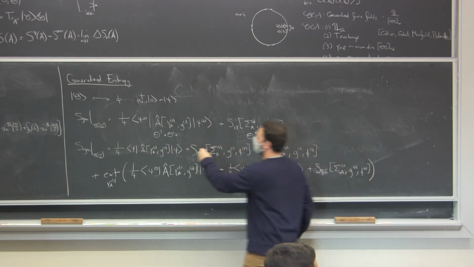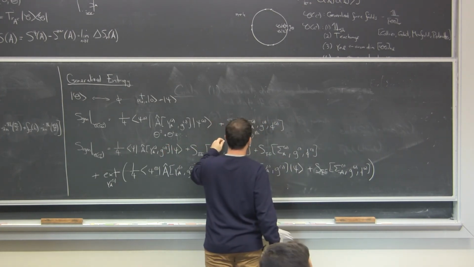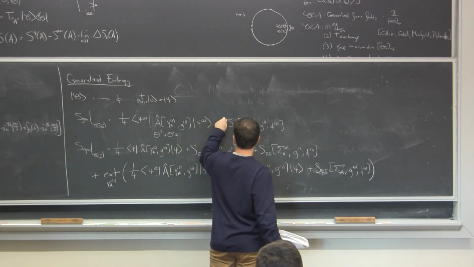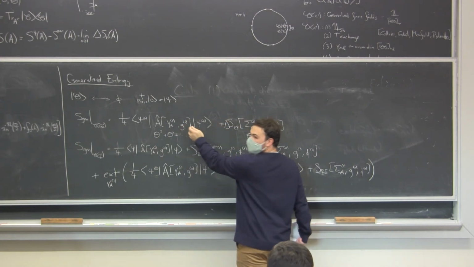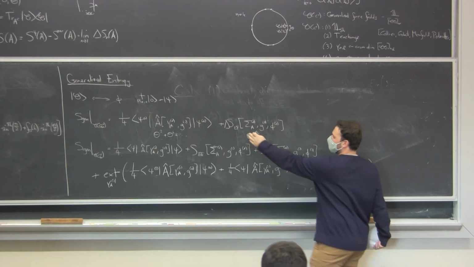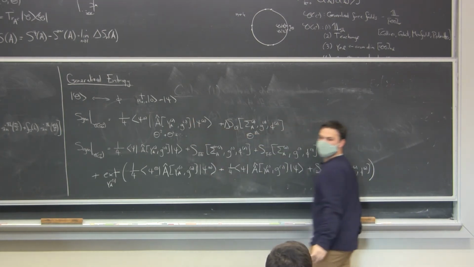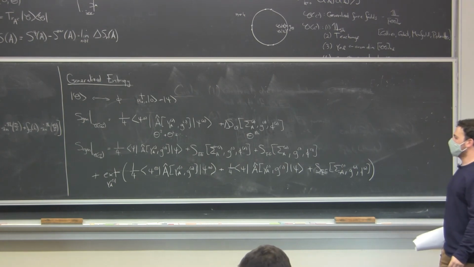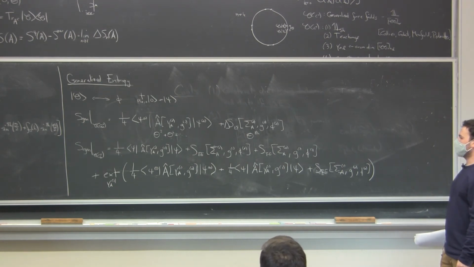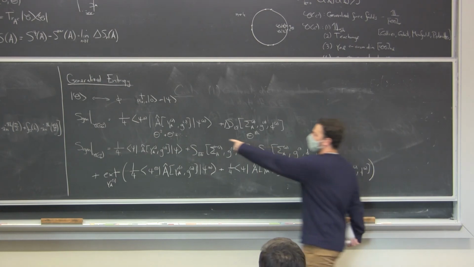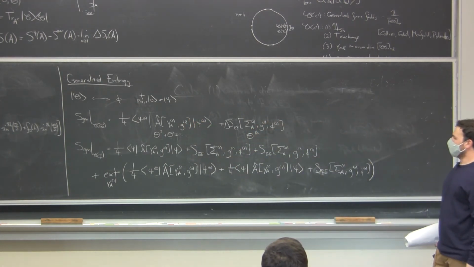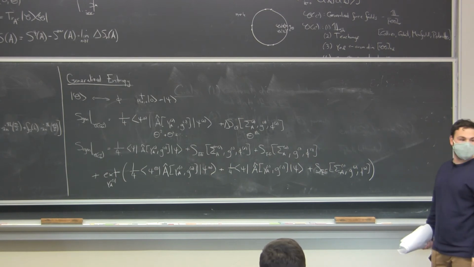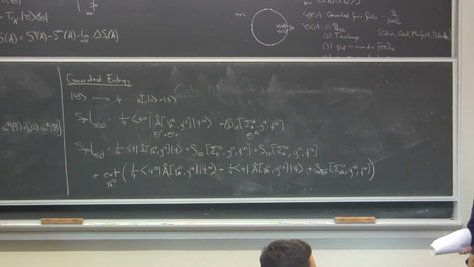So let me say, these are both vacuum subtracted terms, right? Both the area and the entropy in your first line are already vacuum subtracted. This is delta S. This is intrinsically vacuum subtracted because it's G1, it's not G0. So maybe I should put a delta here, but I don't need a delta because it's G1. What I subtracted off is gamma A0, G0 here. You're basically matching a change in the entropy when you excite the vacuum in the CFT to a change in the entropy in the bulk. Yes. You're never really comparing